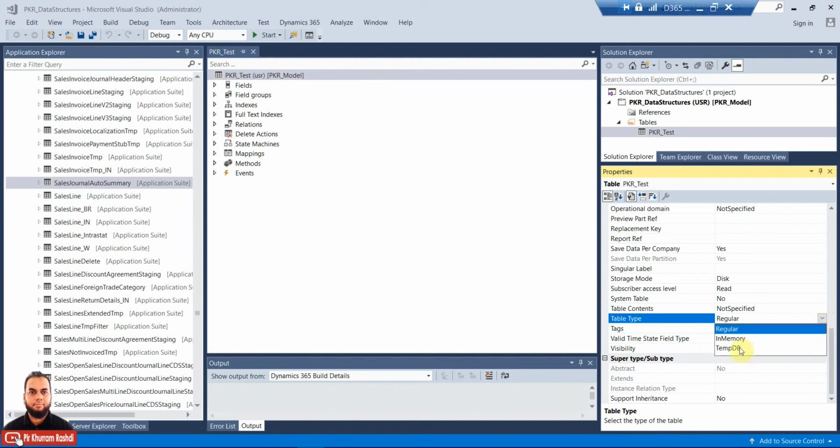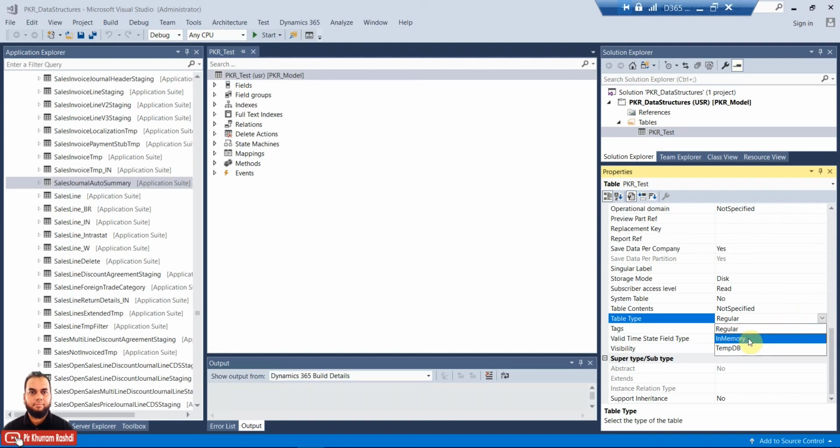So what is difference between these three table types? I have also explained in my other technical video somewhere that the regular type is to keep a persistent data for a longer period of time, and this will hold the data until it is deleted or it is truncated. So it will hold the data.